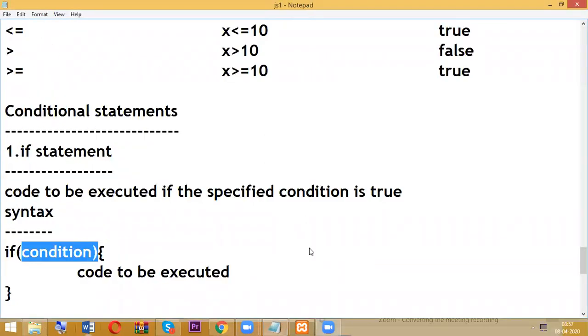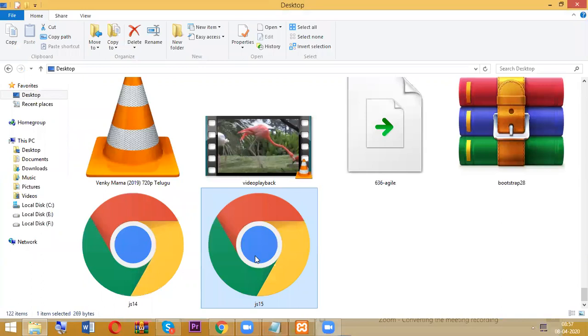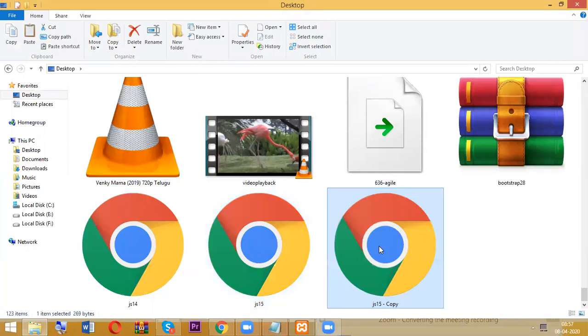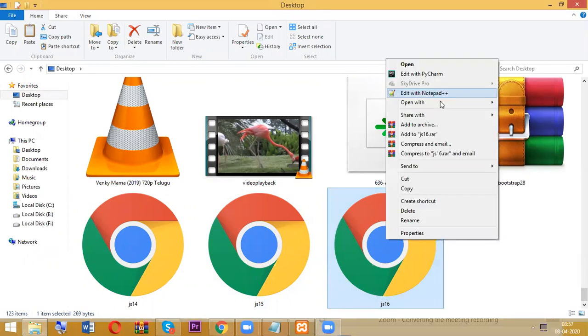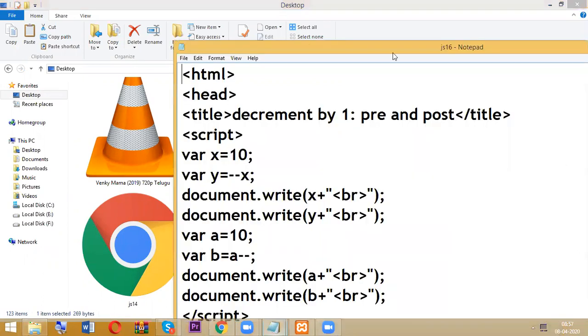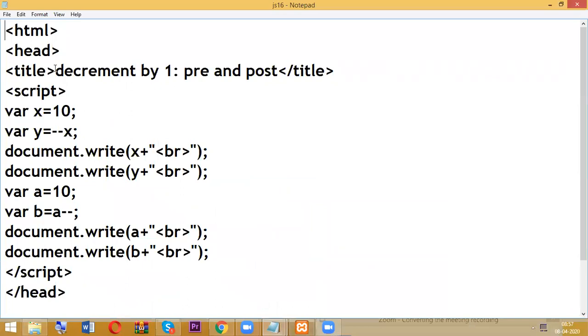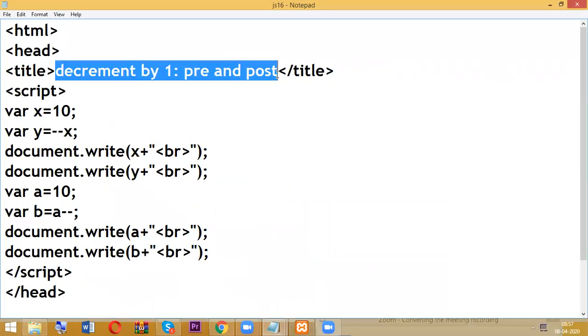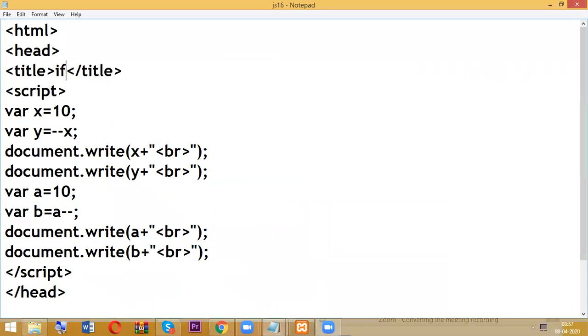Now, just another program, Control C, Control V. So if statement.